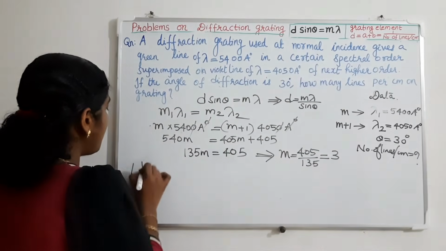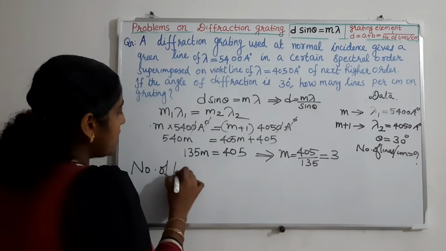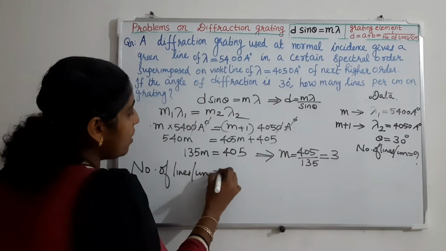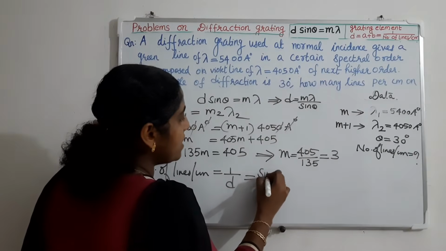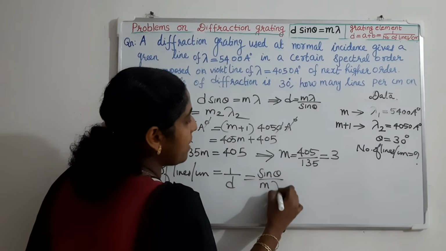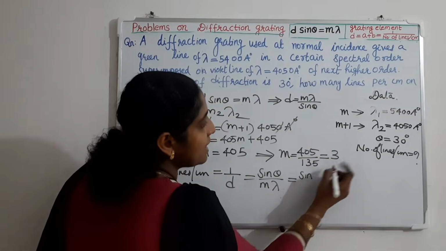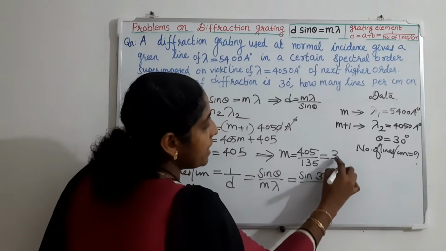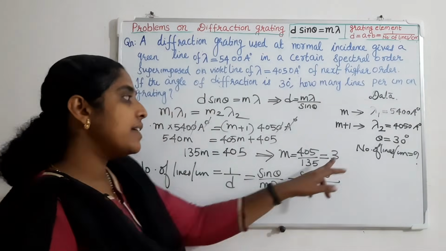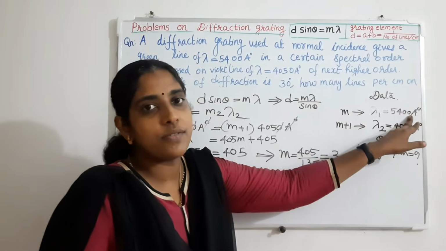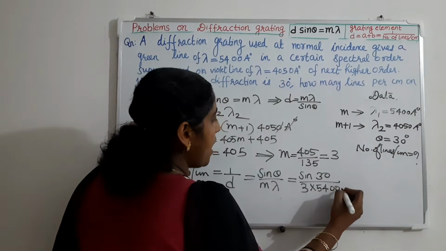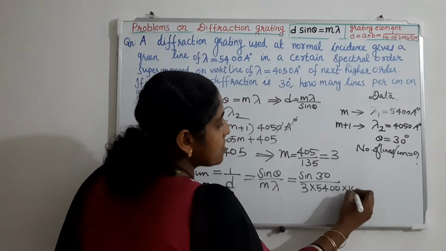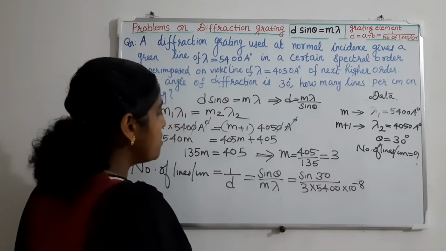So what will be the number of lines per centimeter? That is the reciprocal of the grating element. That is d equal to m lambda by sin theta. So 1 by d is sin theta by m lambda. That is sin 30 divided by m, which is 3, and the wavelength corresponding to m, that is 5400 Armstrong. So into 5400 Armstrong, where Armstrong is 10 raised to minus 8 centimeter. So on calculating